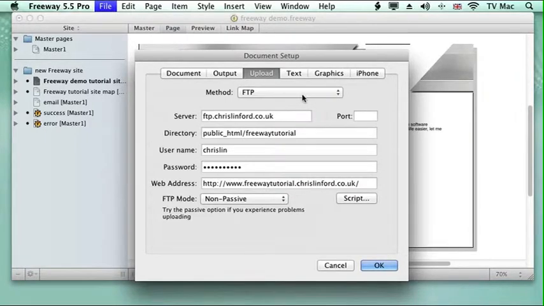So this is where you need to get the information from your service provider and set it up. So you send it to your main domain, then you set the directory. So I've got lots of folders within my cloud-based system. So I have a public HTML folder, and then inside that I've made a folder called Freeway Tutorial. Then I've got my username and my password, and I've actually set up a subdomain for this